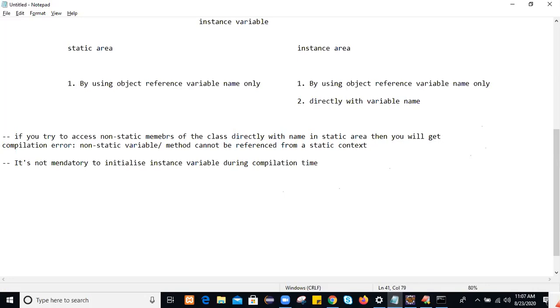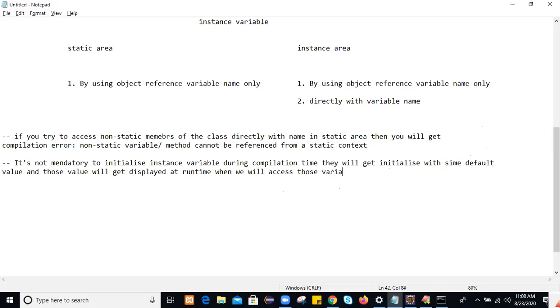During compilation time, they will get initialized with some default value, and those values will get displayed at runtime when we access those variables.